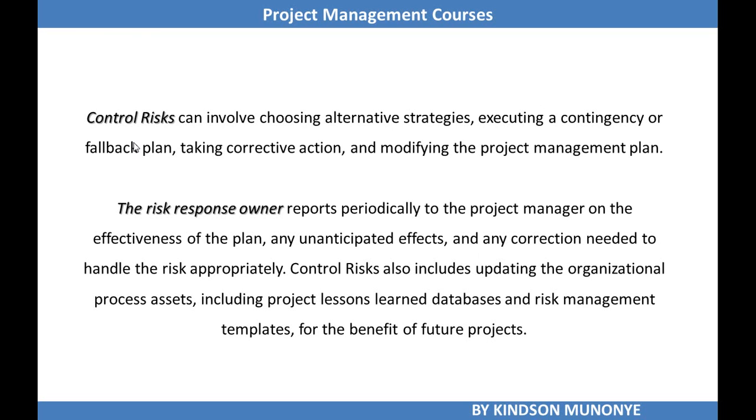Control risks can involve choosing alternative strategies, executing a contingency or fallback plan, taking corrective actions, and modifying the project management plan. The risk response owner reports periodically to the project manager on the effectiveness of the plan. Any unanticipated effects and any corrections needed to handle the risk appropriately will be reported also. Control risks may also include updating the organizational process assets, including the project lessons learned database and risk management templates, for the